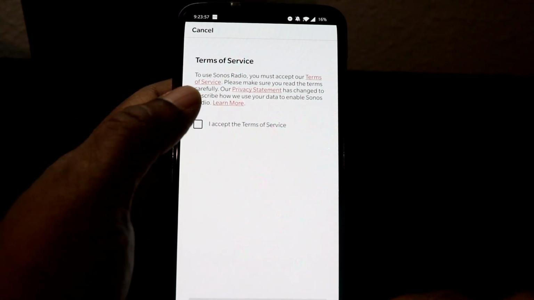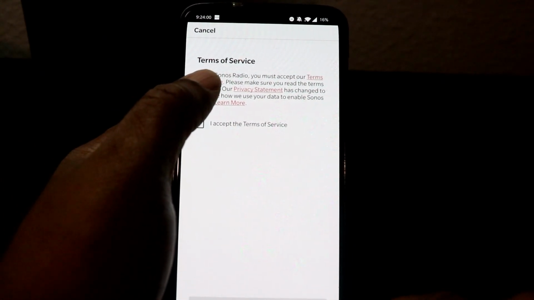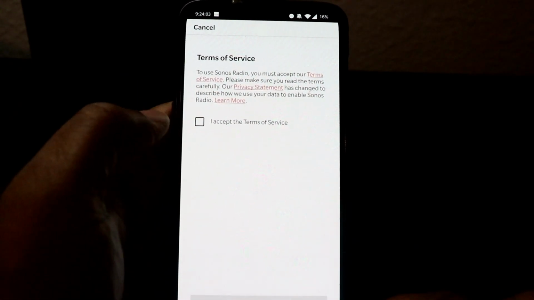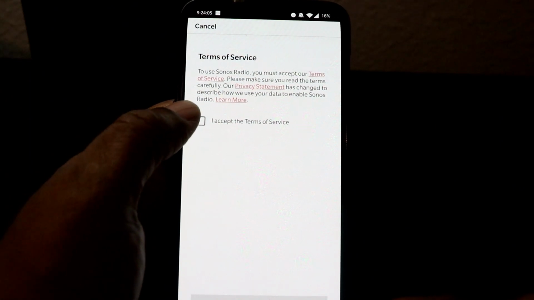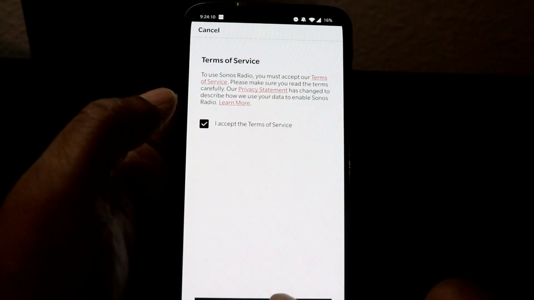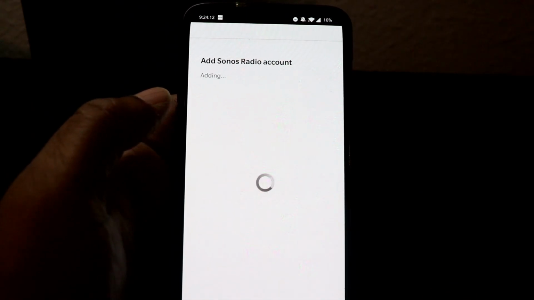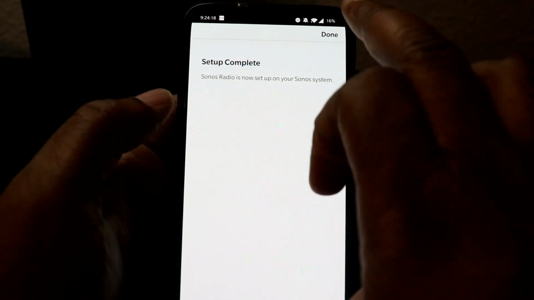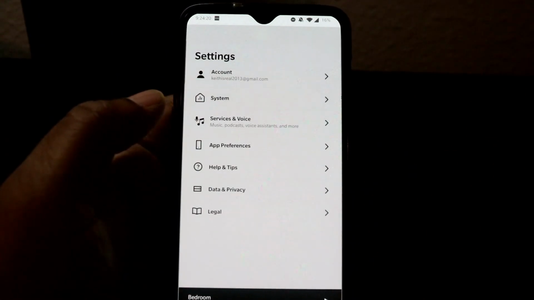Terms of service: you want to make sure you read the terms of service. Right here is a clickable link, so make sure you read that before you agree to anything. I'm going to go ahead and accept the terms of service, and we're going to set up Sonos Radio, and bam, it's done. So now once you tap on done,